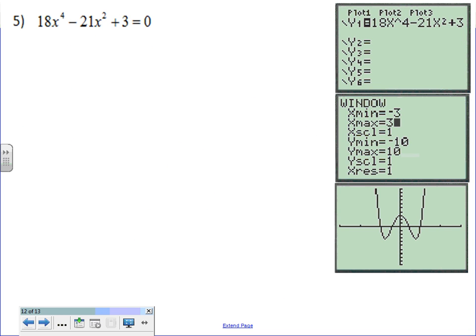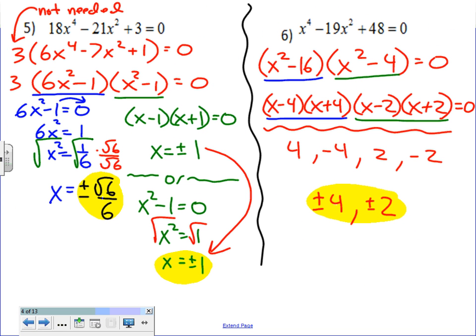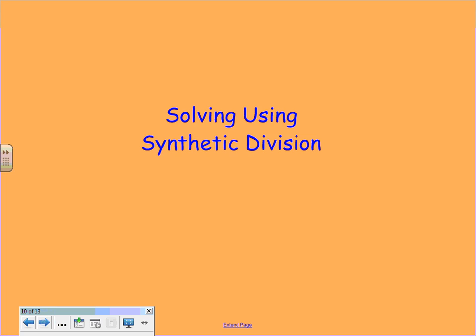So this is question number 5. So let's go ahead and take a look at what 5 looked like on factoring. Okay. All right, so notice here I had to take out the GCF, factor it, and I got plus or minus radical 6 over 6, a very nasty number, and plus or minus 1. So notice we have 4 real answers. So you're going to see all 4 appear. So looking at my calculator,